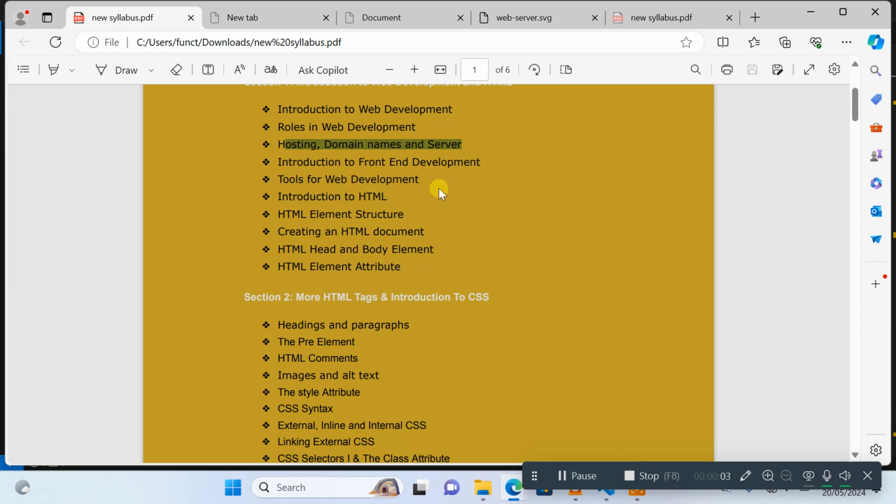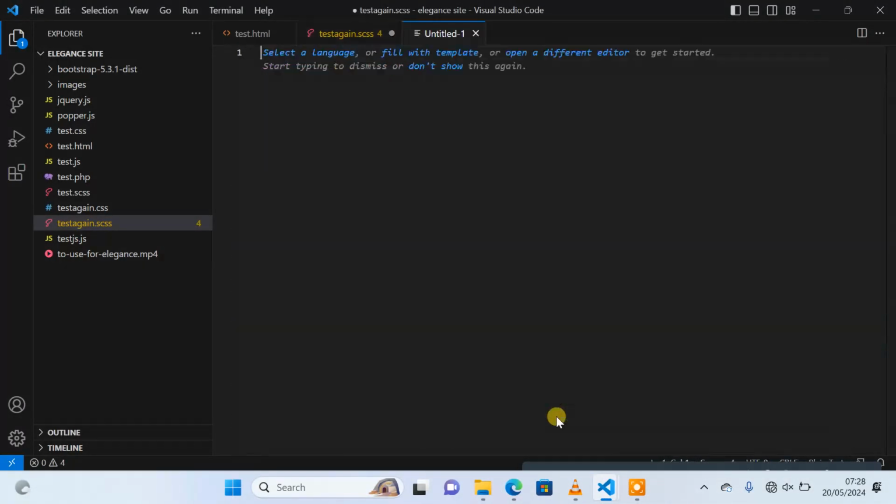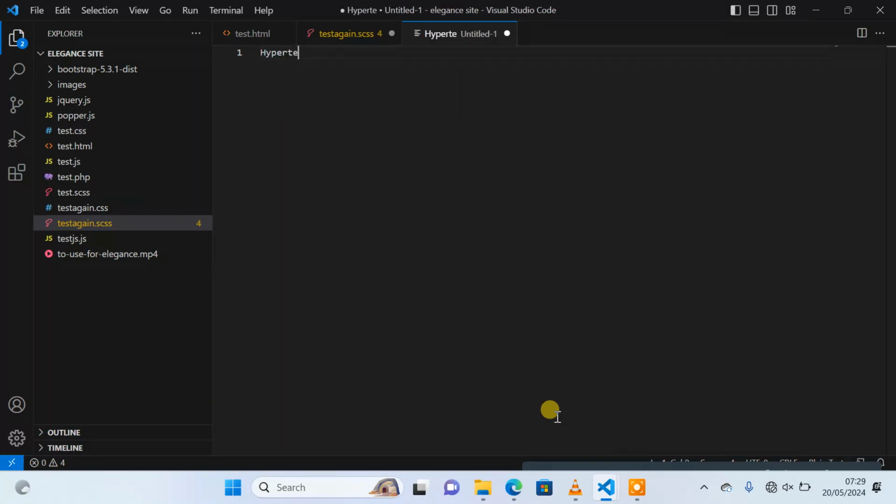Now that we have what we need to develop our website, we have your code editor and you have your browser. Now let's move on to introduction to HTML. So what is HTML? Actually, HTML is hypertext markup language. That's what HTML is. It's a short form for hypertext markup language,